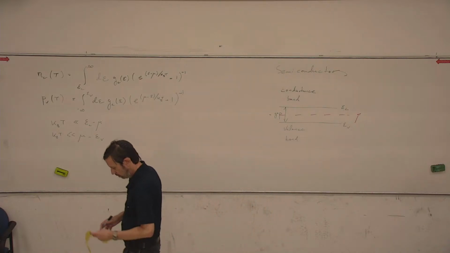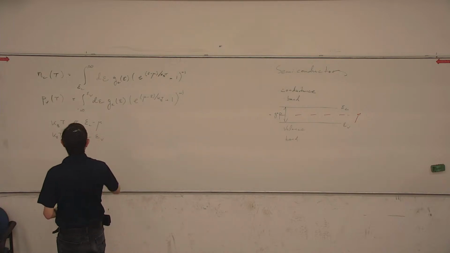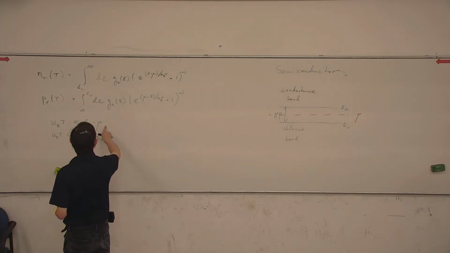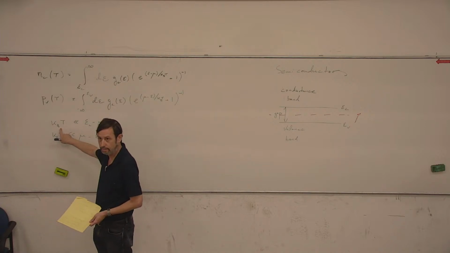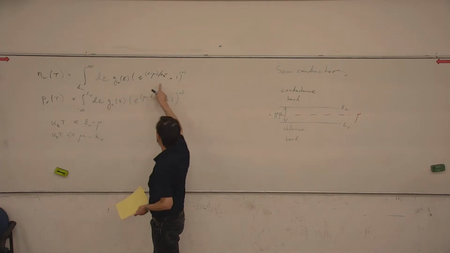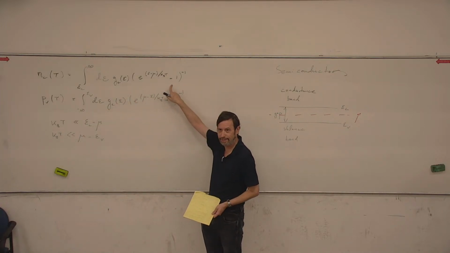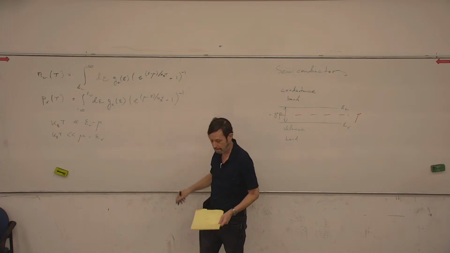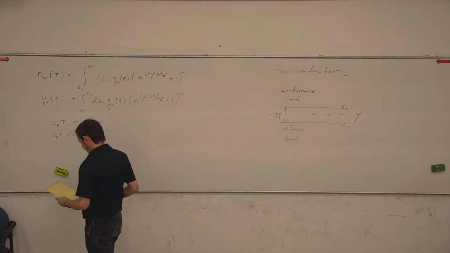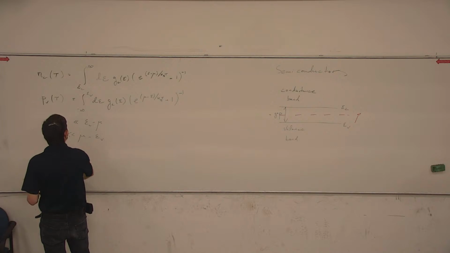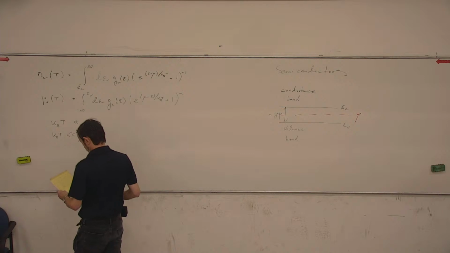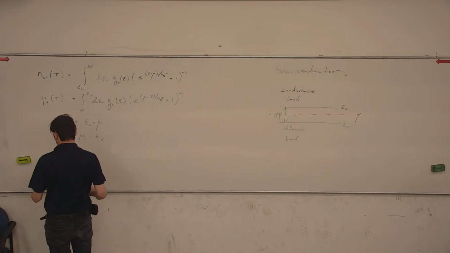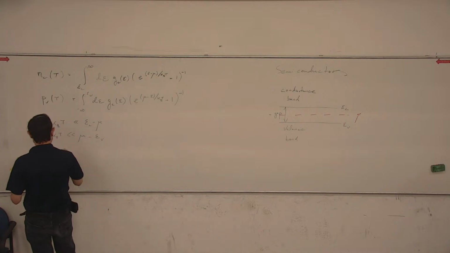Under these conditions, if E minus mu is much larger than k_B T, so do I really need this plus 1 here? No. So I can take